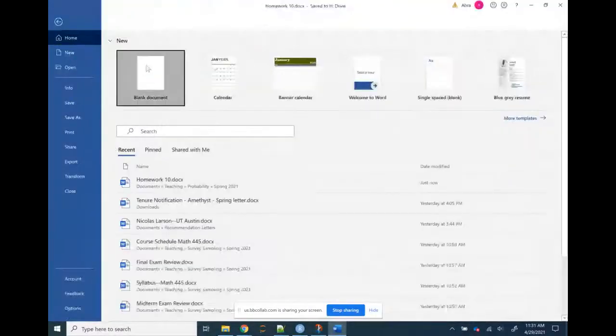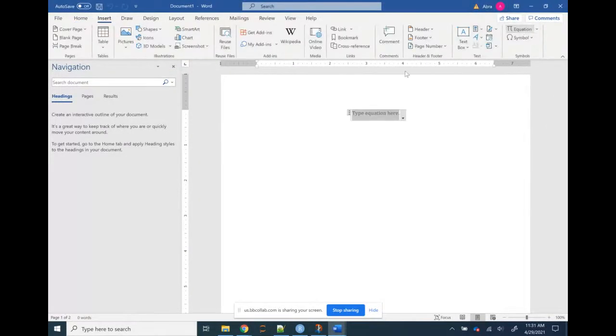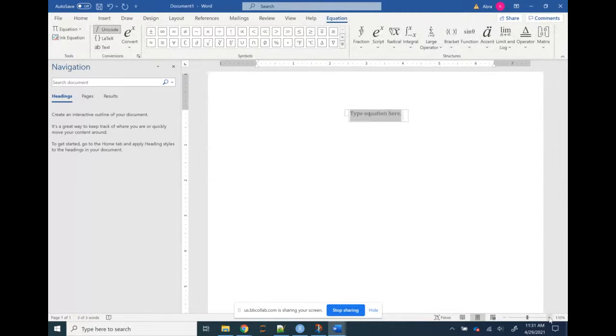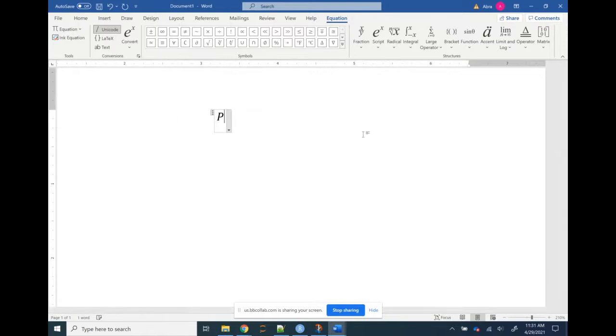Actually, why don't I share my screen and then we can look at a Word document. Can you see that? Okay. Make it bigger. So we're looking for the probability that